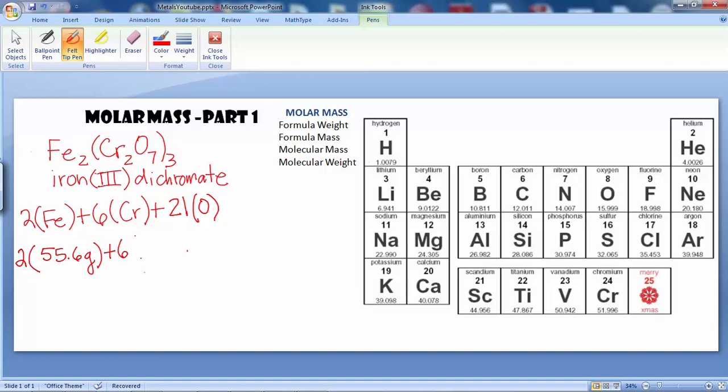And chromium, which is not on this abbreviated periodic table, has an atomic mass of 52 grams. And oxygen has an atomic mass of 16 grams. So when we multiply 2 times 55.6 plus 6 times 52 plus 21 times 16, we get a total of